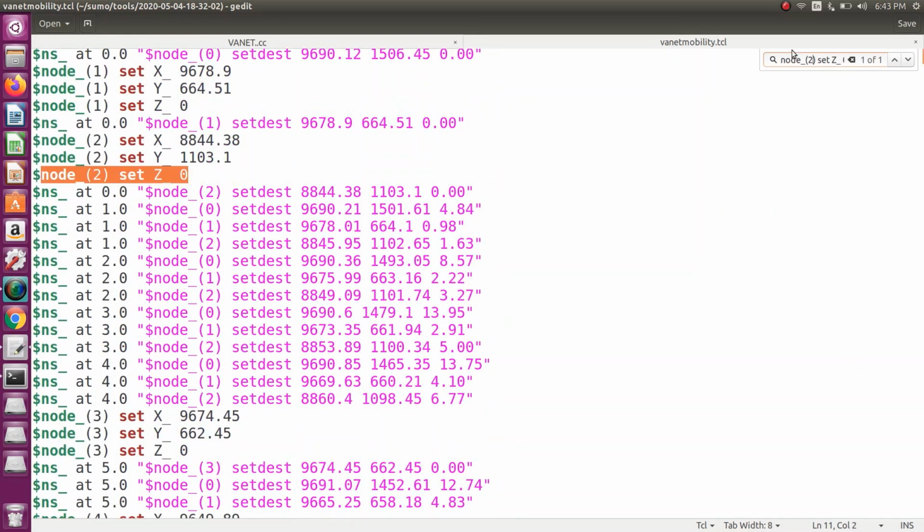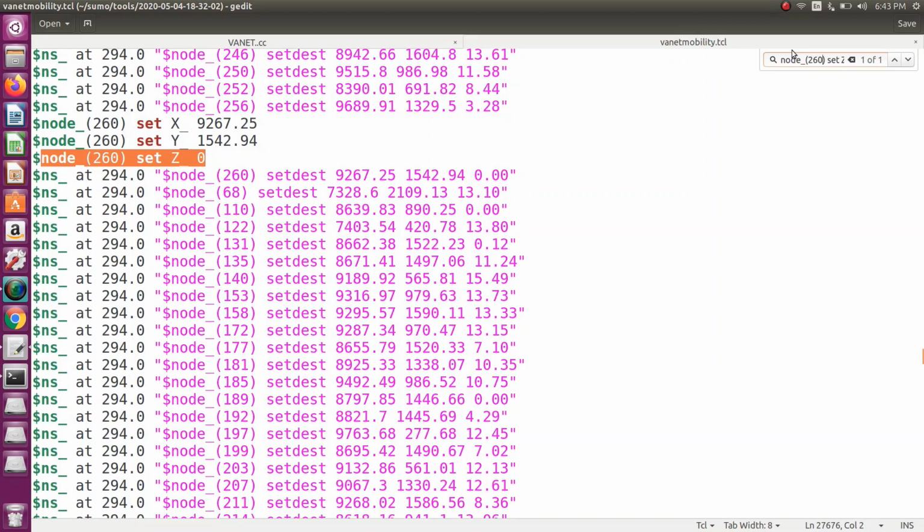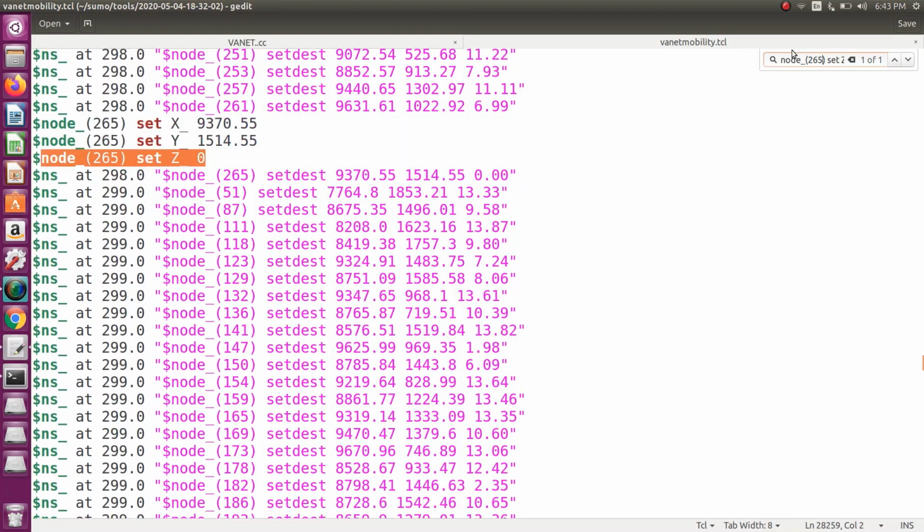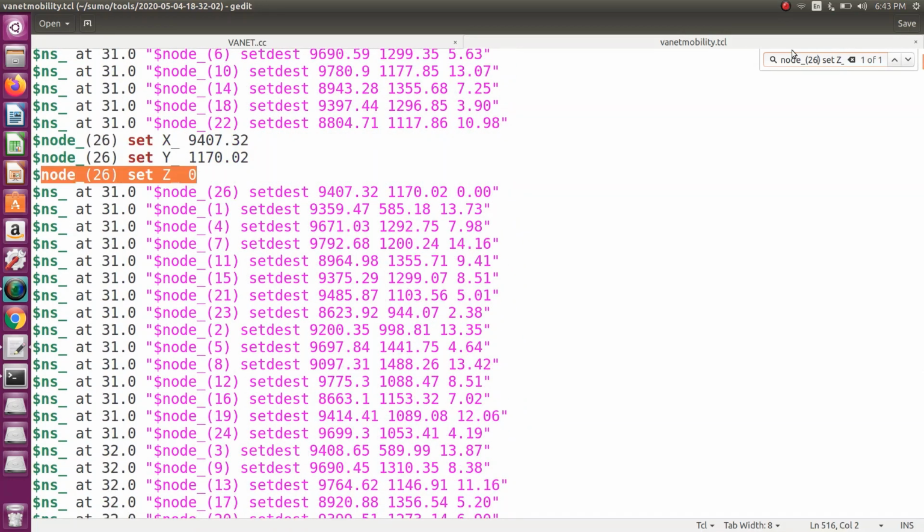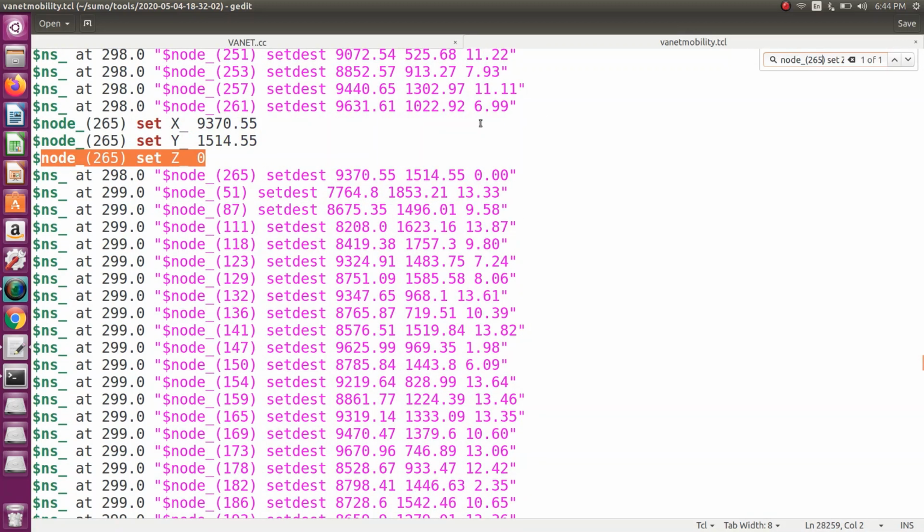270 also not available. Otherwise, 260 is available. 265, 267, 266, 265. So this is the maximum node, this is the last node. I generated 265.